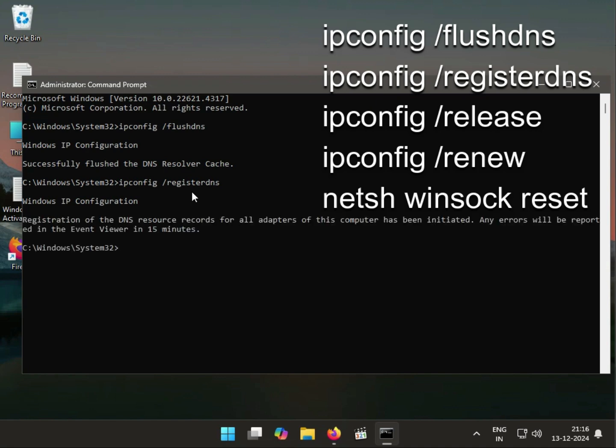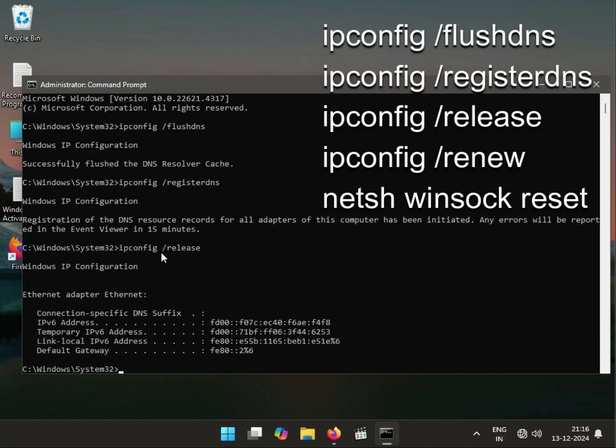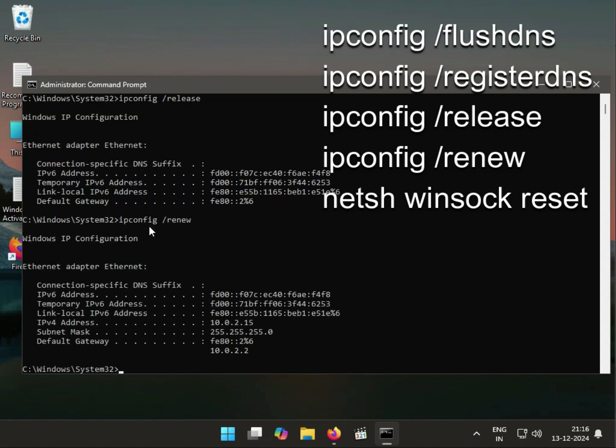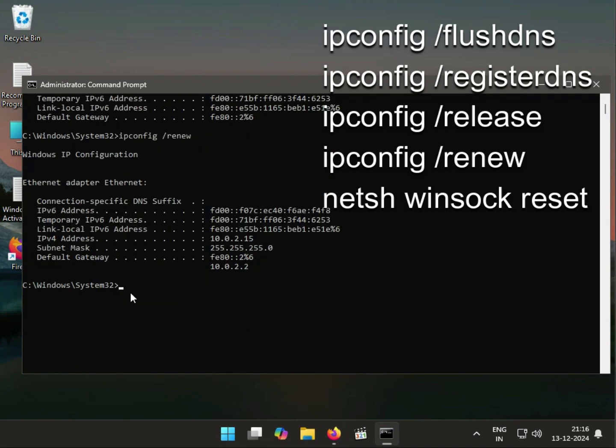Then next command, type as it is: ipconfig space slash, then the third one, release, then again hit enter. Okay, and then space slash renew. Okay, this is the fourth one. Okay, and then last,